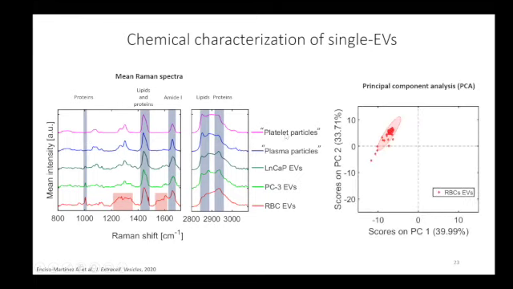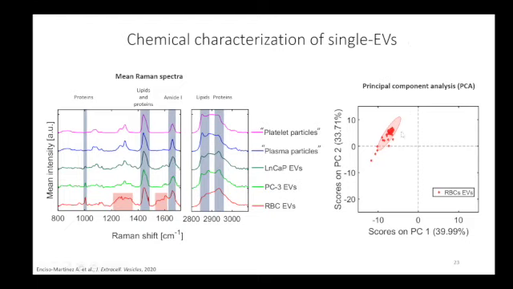But okay, we need not only a single particle detection technique, but also a single particle analysis method. For this, we use principal component analysis, which is a method that can help us to see the largest variations in our data set. And we can distinguish what are the specific features that make the vesicles different from each other.